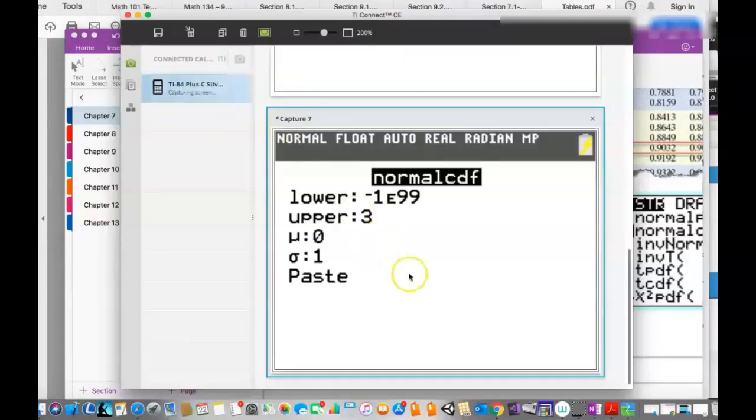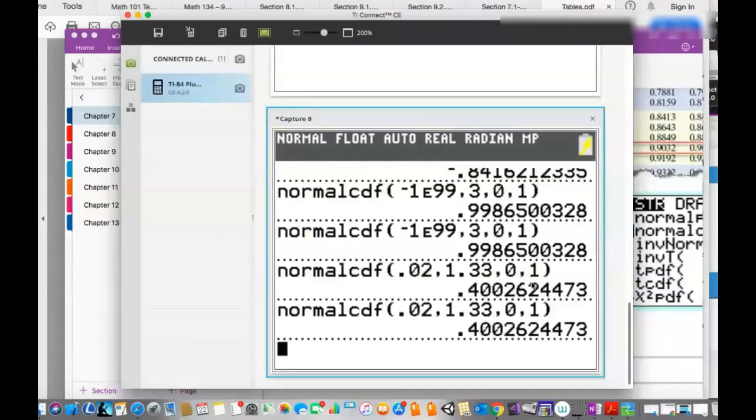Okay, I'm taking a picture of what I have here. So this is what you need to enter. Then after that, press enter, again enter, and enter, again enter to see the final answer. So here is what I have. So see here on this part, normal CDF for lower 1.02 and here 1.33. When mean is 0 and standard deviation 1, the answer is